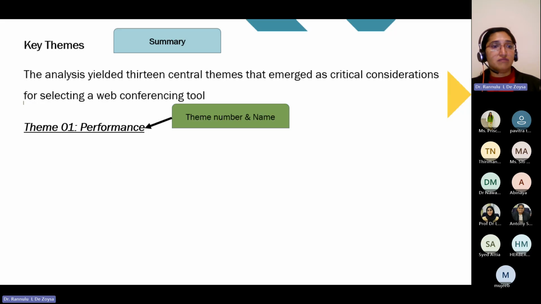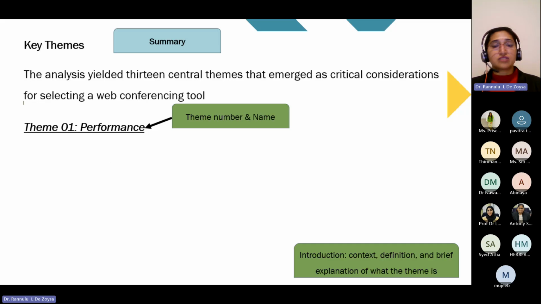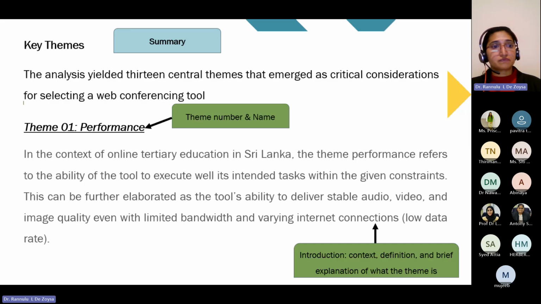So our first theme, theme number 1, which is performance. So you give the theme number and the name of the theme. And then you can give a small introduction about this theme. So this introduction can include the context, the definition, and a brief explanation of what this theme is. Let's see this. In the context of online tertiary education in Sri Lanka, the theme performance